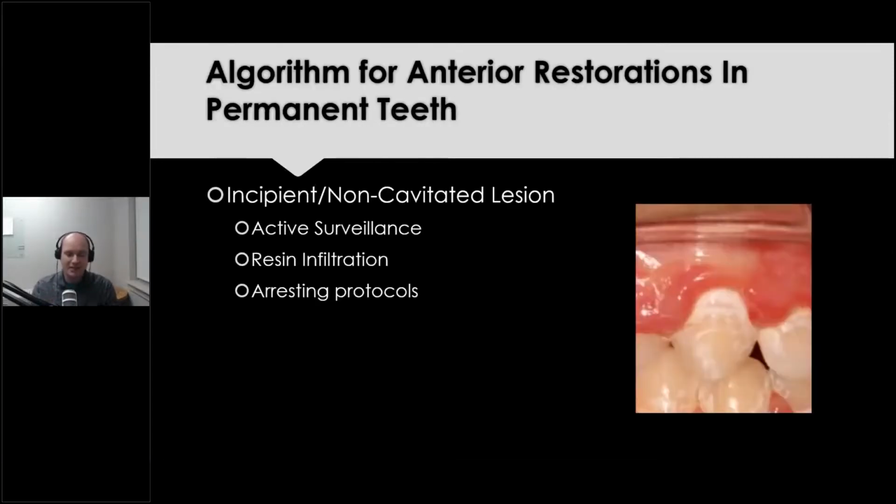So this is, I remind you, from the AAPD handbook. This is the algorithm for restorations in permanent teeth. If we have a tooth here where we have an incipient lesion or white spot lesion, this kid had braces, had poor oral hygiene and developed white spot lesions pretty much everywhere. Our options for this could be active surveillance, where we do nothing, but we place fluoride and reevaluate things. Resin infiltration or an Icon type system could be something you want to do. I've had mixed success with that, and also it doesn't work on everything, so it's hard to be predictable, especially with the expense. You could also consider arresting protocols such as SDF, but with the potential for some staining